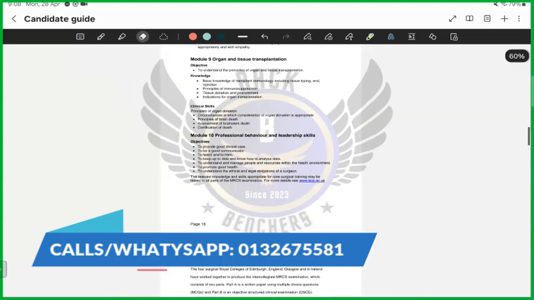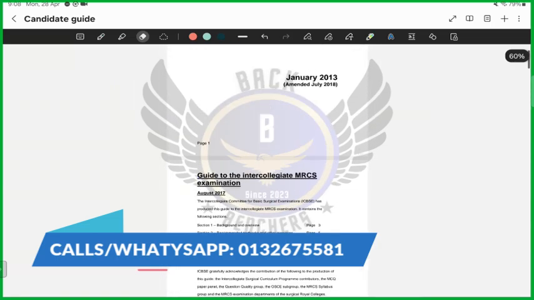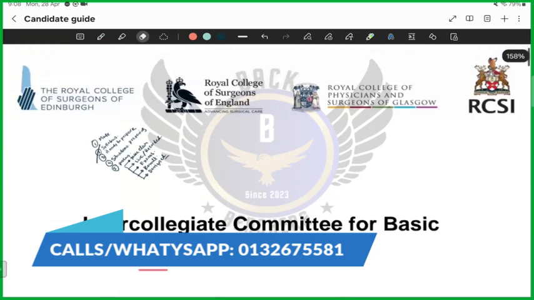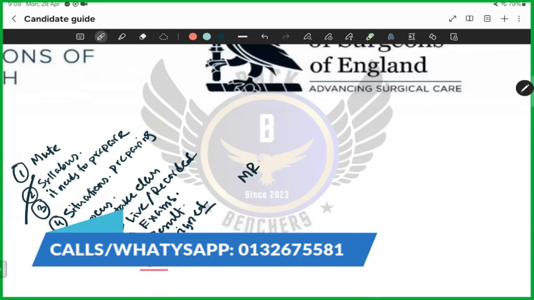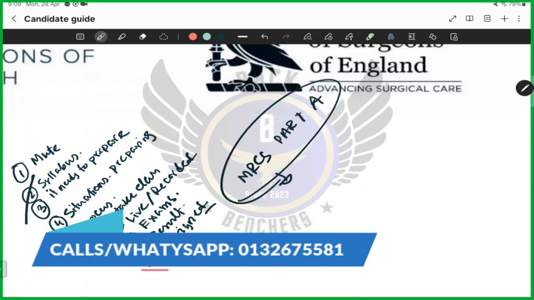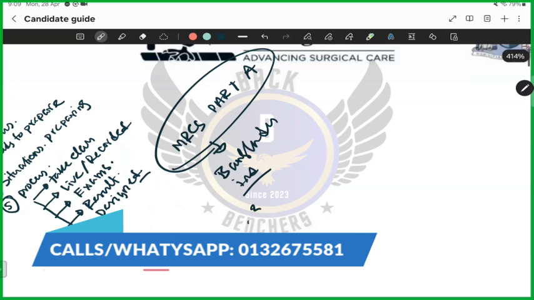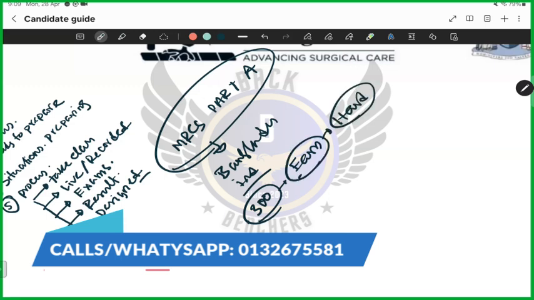Now, about the fee and other details of the exam, guys, the fee is increasing. MRCS Part A, you can give it from Bangladesh, India, Sri Lanka, and other countries too. The mark is 300. This is the cut mark exam. That means if the question is easy, you will have a hard time to pass this exam, but not with my course. If the question is easy, you will get all the questions.